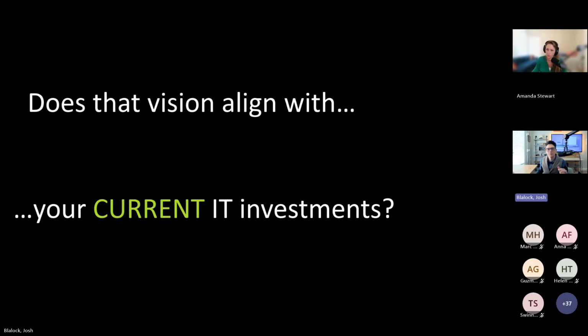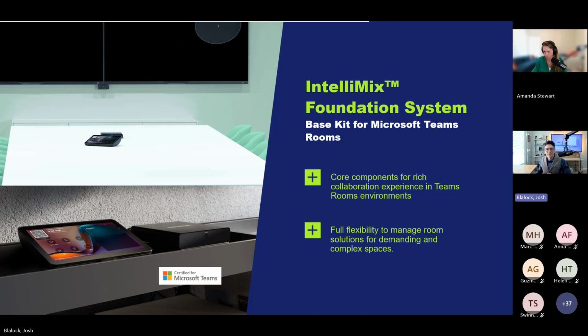Now, on the Shure side of things, we love to pivot into that conversation about where things are now into the Intellimix foundation system, because a lot of organizations, when they have that aha moment, still have the conundrum of, yeah, but we've already purchased all these other devices. We've got this ROI that we're trying to solve for. We've got some intelligent video capabilities here. We've got some other audio here. Maybe some of it already is Shure audio. Maybe some of it's third-party Dante audio. They want to extend that ROI. They don't want to do a complete rip and replace.